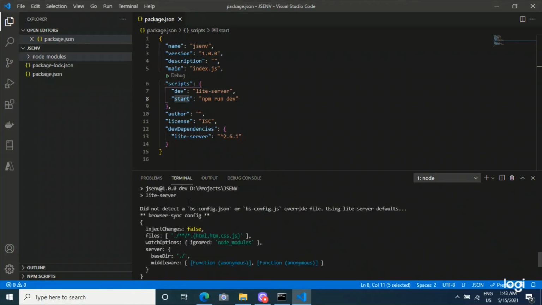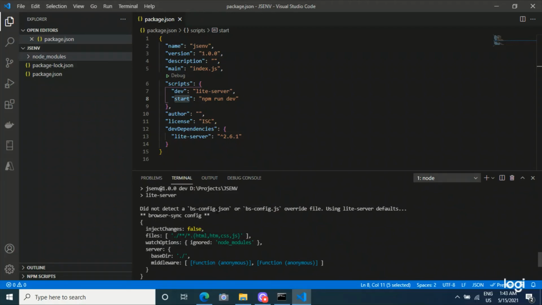Light-server starts running. Before starting to run, it requires some values. It checks two files, whether the files are available or not in the project folder.